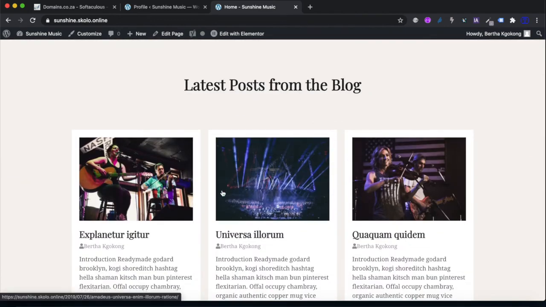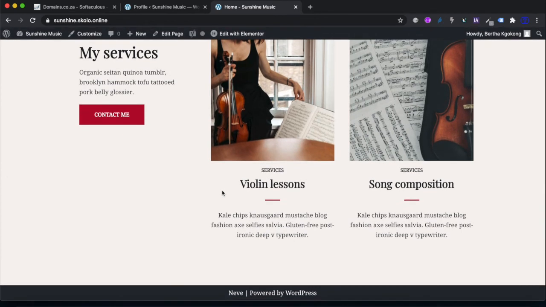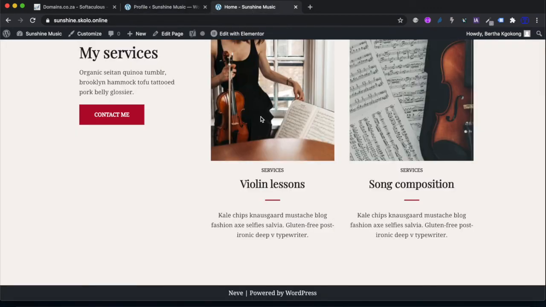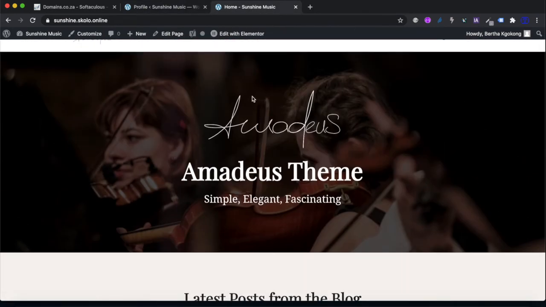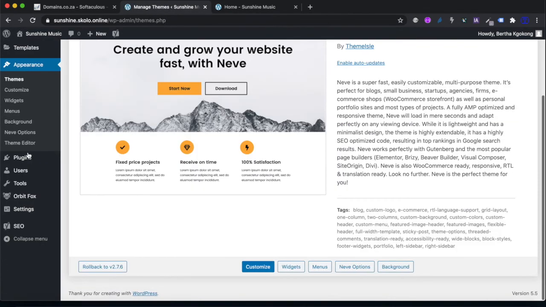And from here you can just update this website to fit your needs. All right, so if you go under appearance, this is a place where you will update your website to what you want. It's always easiest to work with a template which already has built-in stuff, and the only thing you really need to do going forward from here is just to edit this for yourself. So you would come to appearance, and under appearance you go to customize